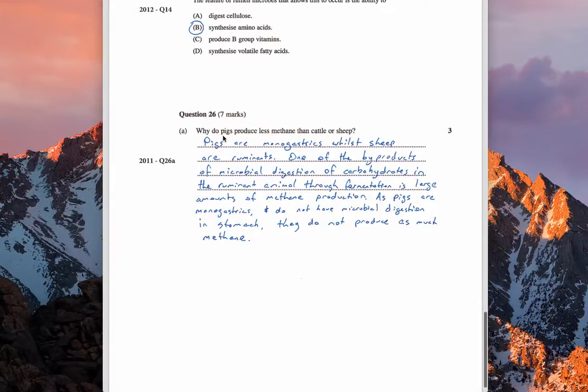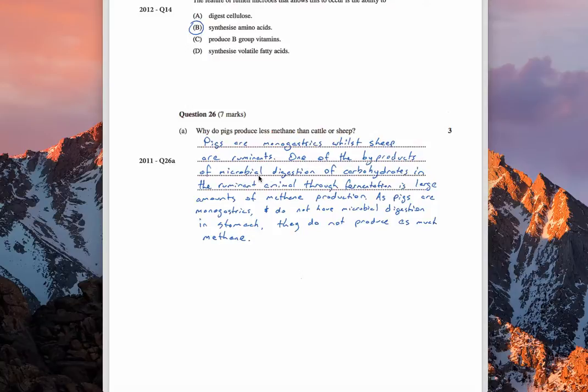2011: why do pigs produce less methane than cattle or sheep? The first thing you need to do here is identify that pigs are monogastrics and sheep are ruminants. That's the first thing that the markers would be after. And then the second thing is one of the